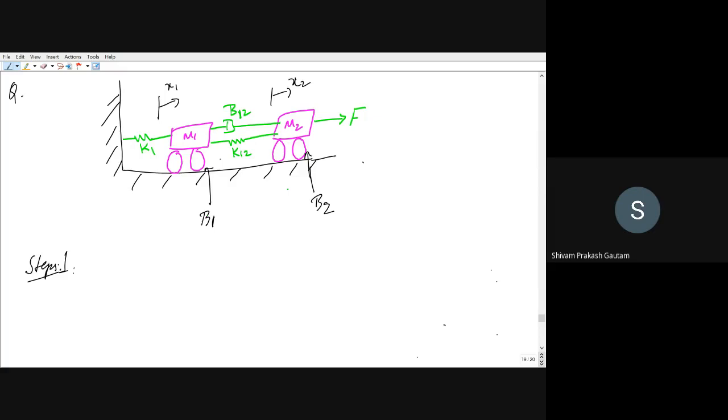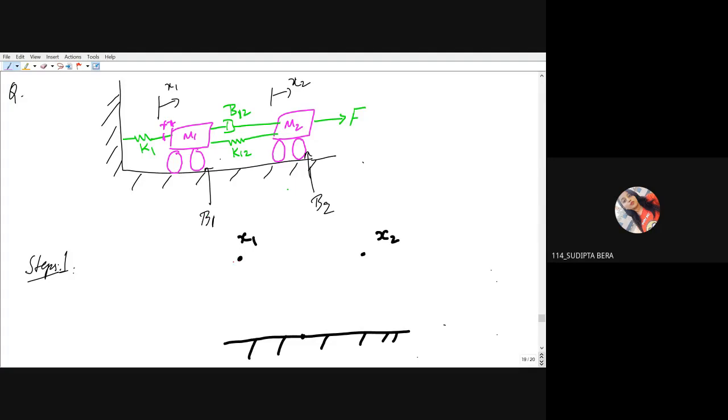Now we will apply nodal analysis. We have taken two nodes, x1 here and x2 here, and we have to take one reference node also. This is my reference node, which I'm drawing here. This is my x1 and this is my x2. Now one by one, tell me what the basic elements connected to node x1 are. K1. This is my node x1. K1. Sorry? K1 is connected between what and what?